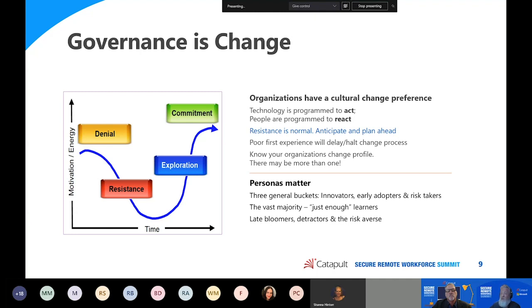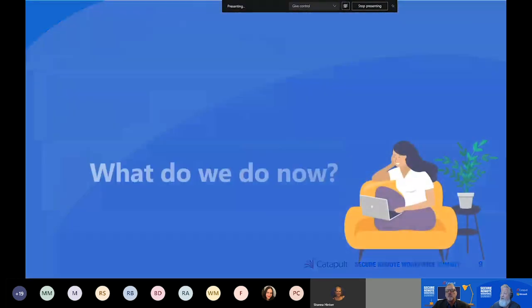This is a change curve that we use in adoption change management all the time. At first, people deny, resist, right? And then they start to look, and then they commit to the change. And so this is sort of a standard change model that we use. And then the personas for this change matter quite a bit. And understanding, again, on the slide we showed earlier that has all the people groups involved, how those are going to be impacted in this change that we're doing with implementing governance.